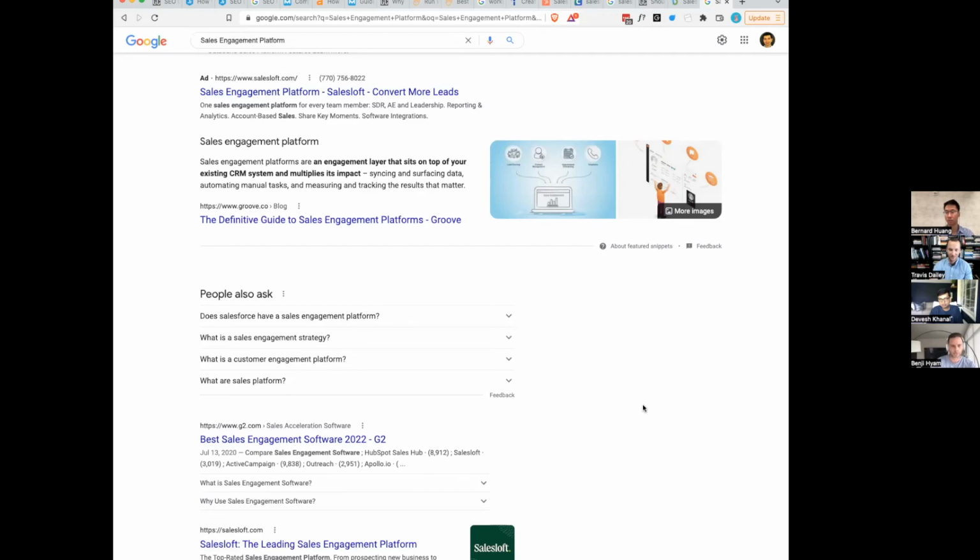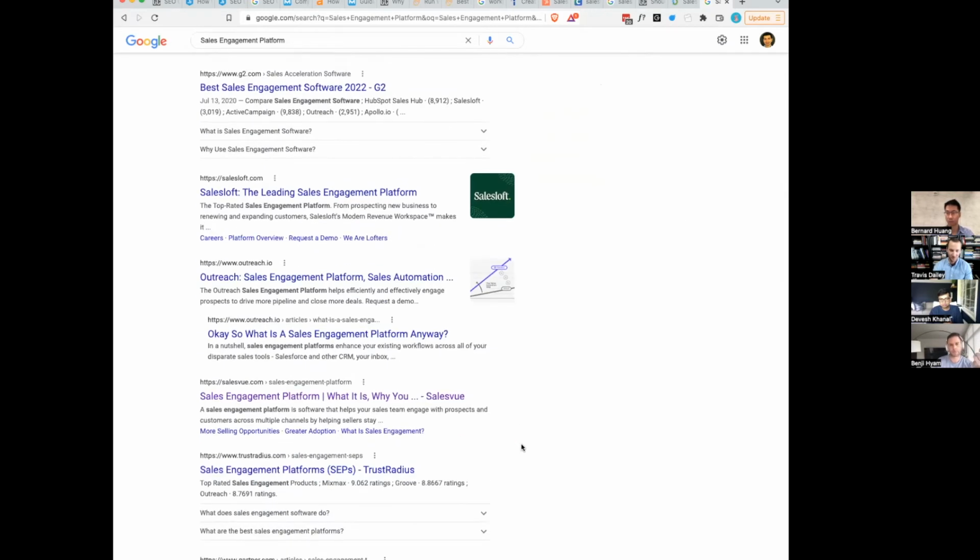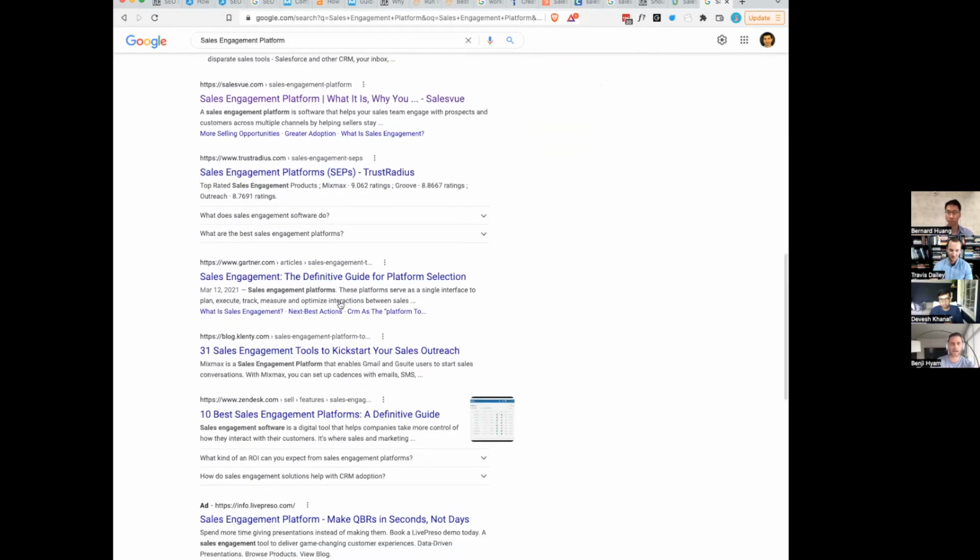G2 ranks number 1 outside of the featured snippet for this. And then go down a little bit. Beyond just the product landing pages, the home pages of those sites who have been able to rank for sales engagement platform, you see a couple of these listicles down here. To me, if someone's searching for a sales engagement platform, and this is true for a lot of the tools keywords, the intent is usually to find a list of options. And if that's not included in the blog post or on the page itself,